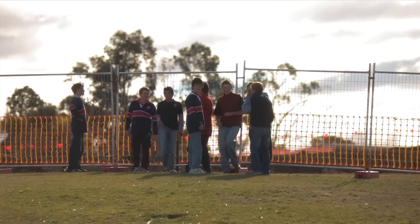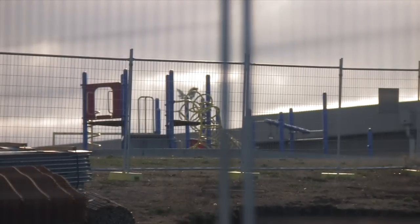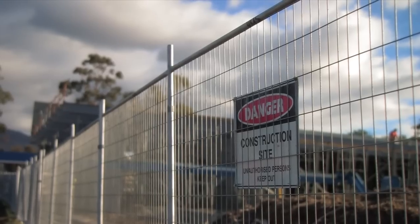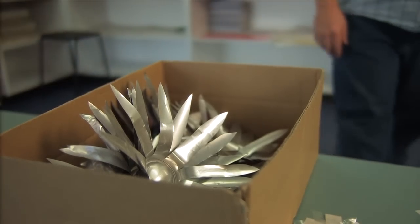I first came out here late last year and I was a bit taken aback by the school. I had known that the previous school had burnt down and this was the primary school, and I walked in here and I just felt like a place in transition. There's all these plans, there's already things starting to be built while I'm here. Looking around the school where I'm going to set up my work, it's like, well, that might be here, might not be here later, so you don't really know, which is kind of, I guess, beautiful in a way,